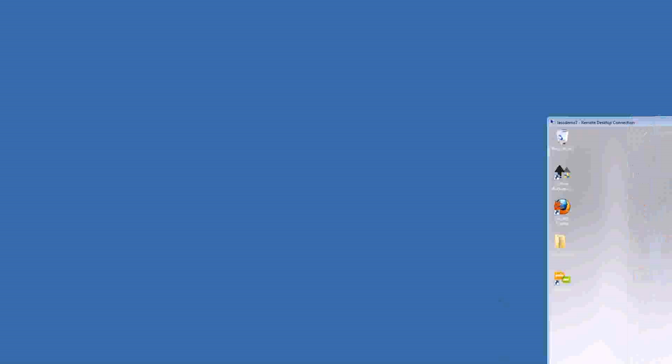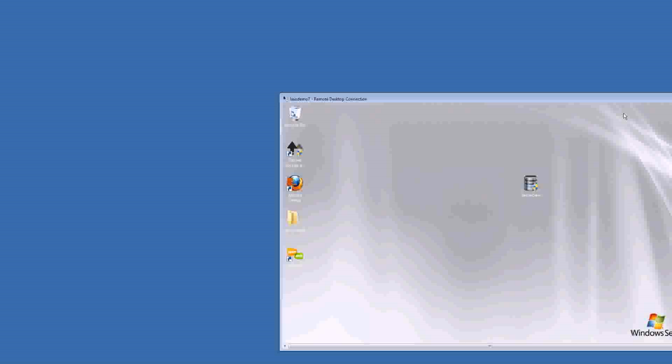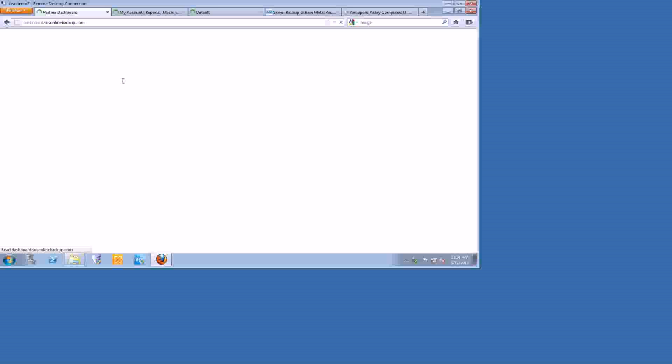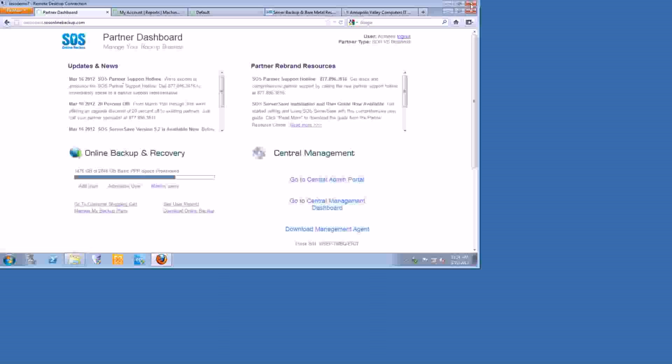I'm just getting logged in. One more minute. It might be good to start with the partner dashboard. Yeah, I usually do. Okay, so hopefully we can see the screen okay. Let's see, it looks a little small. I'm just going to make the size bigger for you guys. Feel free to go ahead and ask any more questions if you have any.